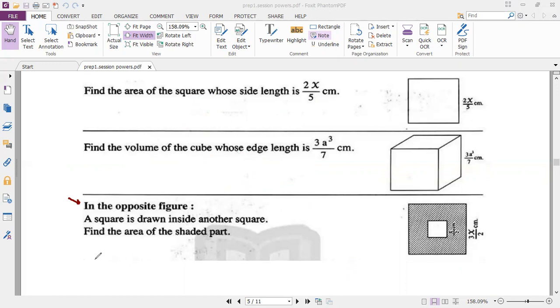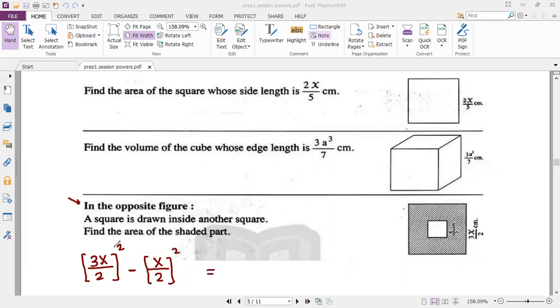So what is the area of the large square? It's side multiplied by itself, so 3x over 2, all raised to the power of 2, minus the area of the small square, which is x over 2 raised to the power of 2,